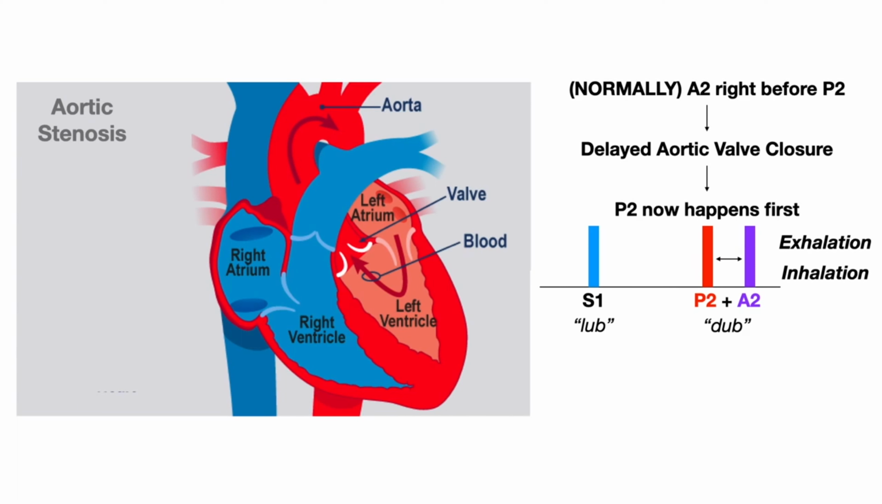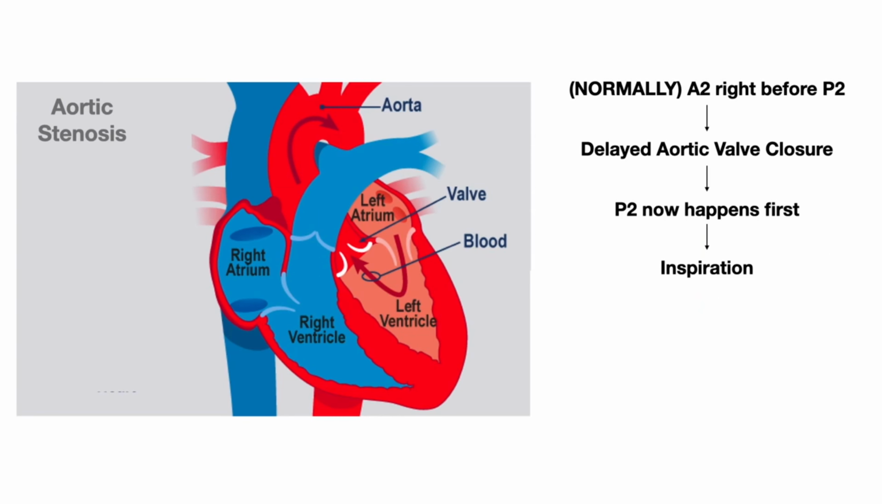So that's what would happen in aortic stenosis. But let's say that a patient takes a deep breath in, right? They do inhalation, inspiration. What's happening now? So now they take a breath in, more blood flows to the right ventricle because we have that drop in intrathoracic pressure. More blood flows over the P2 or the pulmonic valve, which means that the P2 component takes longer